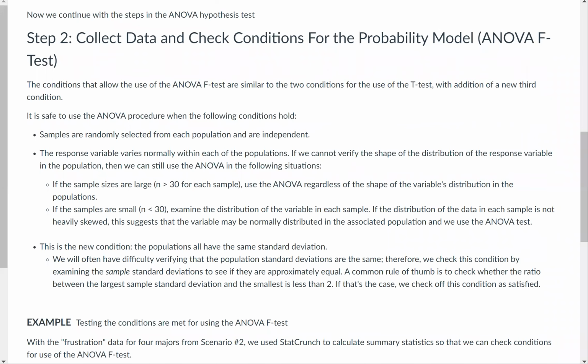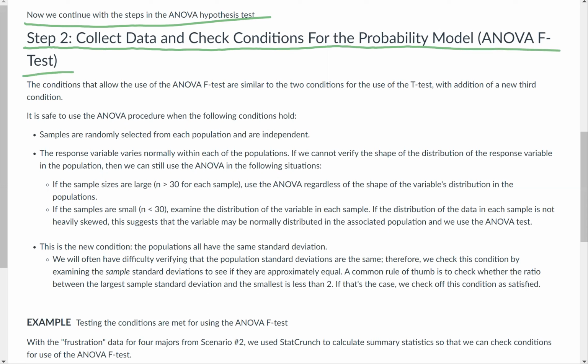Now we'll continue our steps in figuring out the F statistic and how to analyze the situation using it. We'll continue with the steps. We did step 1 where we defined the hypotheses. Now step 2 is to collect data and check conditions for the probability model, the ANOVA F test, as we